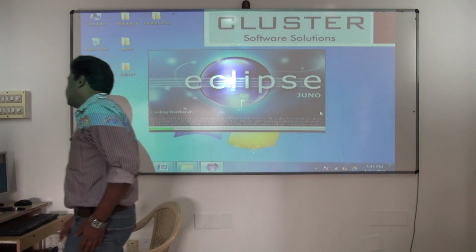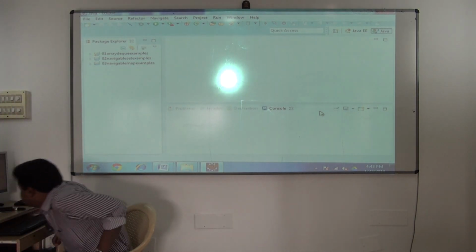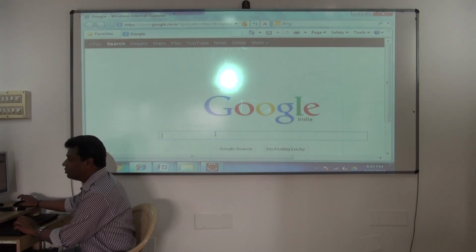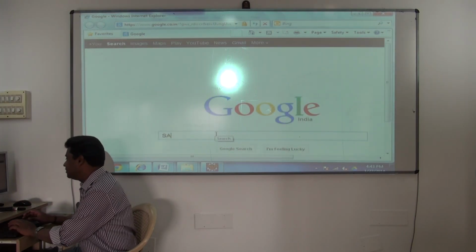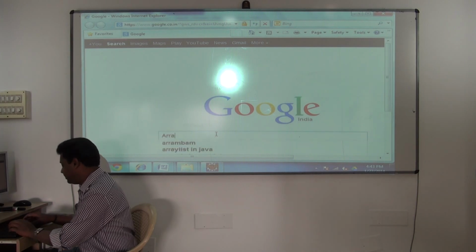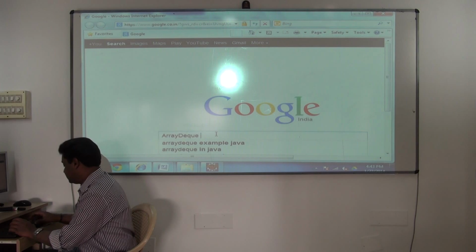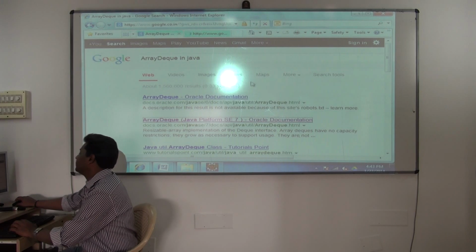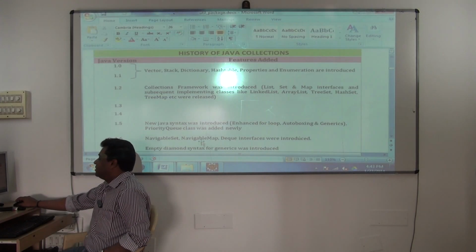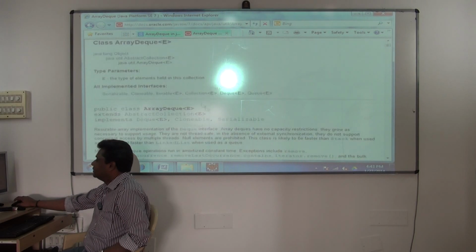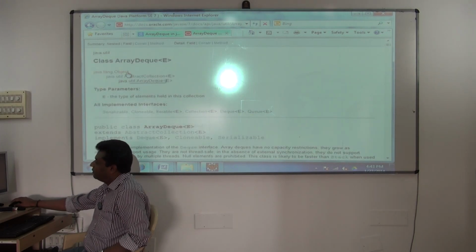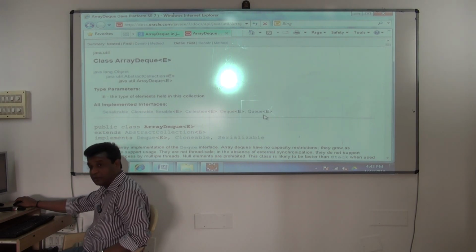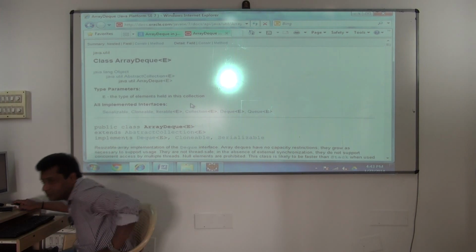And now we'll see how the ArrayDeque works. We'll take the first example. In fact, to understand the first example, you should know the different methods present in ArrayDeque. So it has got various constructors. So ArrayDeque is extending what? Object and implementing these many interfaces. It's implementing Deque, Queue, and Collection. So the hierarchy is what now? For ArrayDeque,